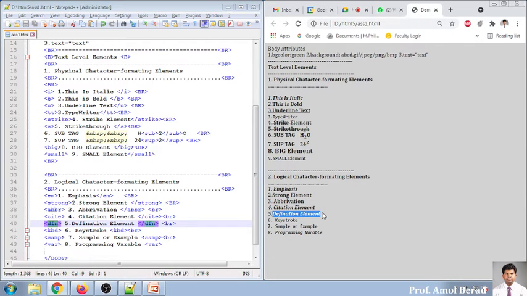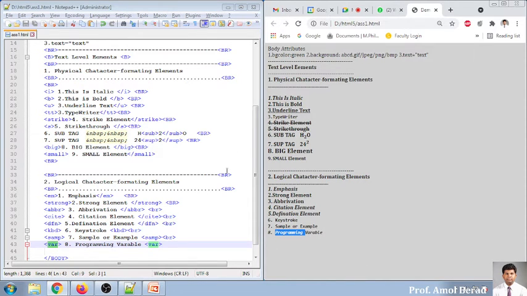Definition, you see the font is changing, the logical representation. Keystroke, see, it is keystroke. Sample: whenever you are going to give some examples, you can put everything into sample. And whenever you want to display programming variables, because on any website the programming language variables are somewhat different compared to the methods and everything, it is nothing but a var.